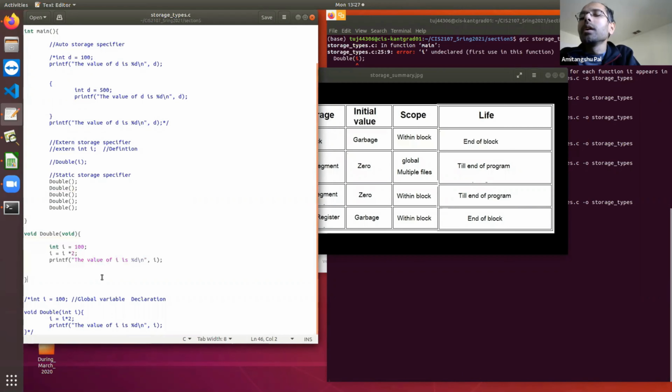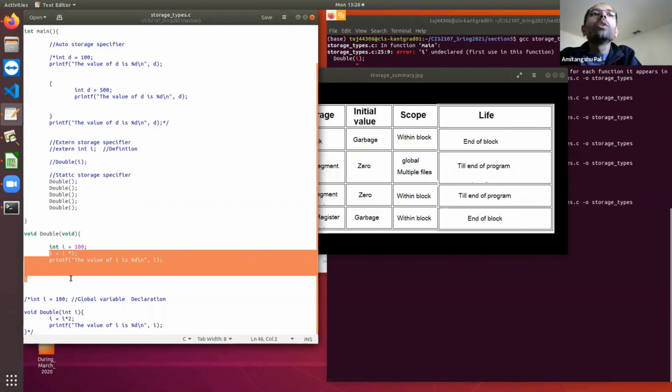Clear? Now, suppose I want to retain this value. That means first I have doubled, I want to retain this modified value, so that whenever I call this next time, I will use the modified value.